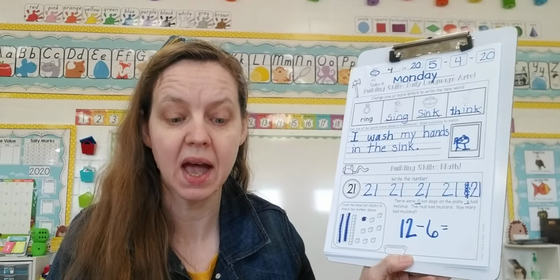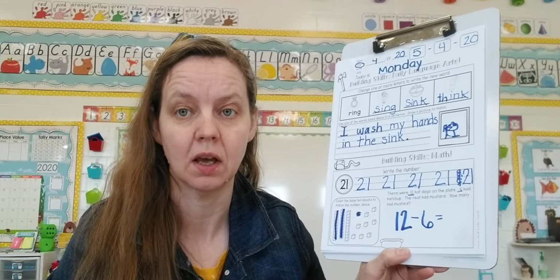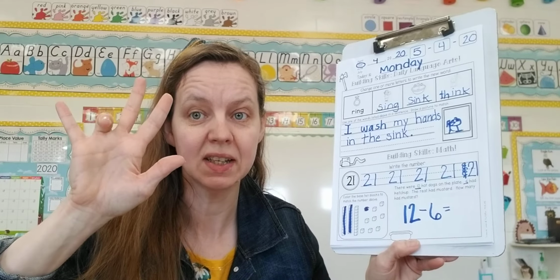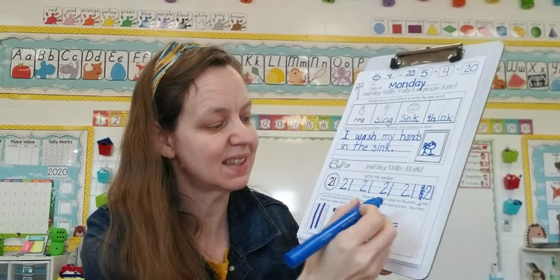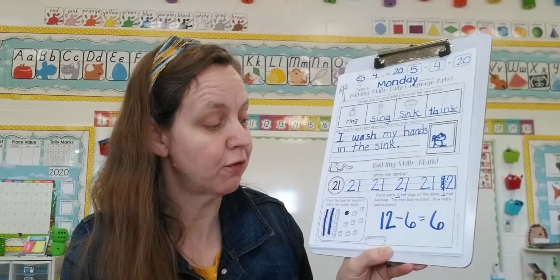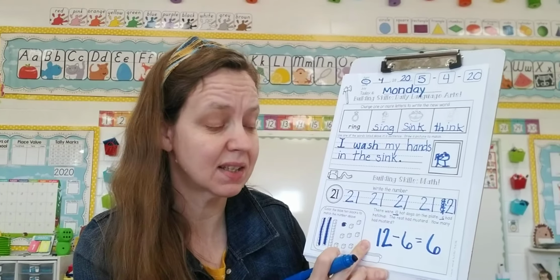I'm going to put 12 in my head, and I'm going to count backwards 6 spaces. 12, 11, 10, 9, 8, 7, 6. 6 are left over. And if counting in your head is not a strategy that's working yet for you,